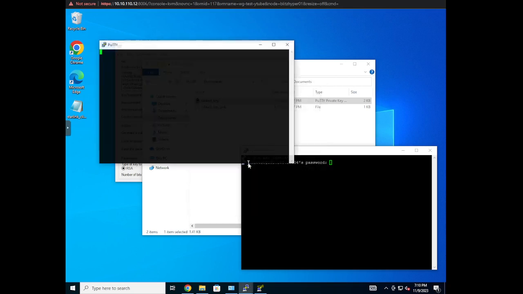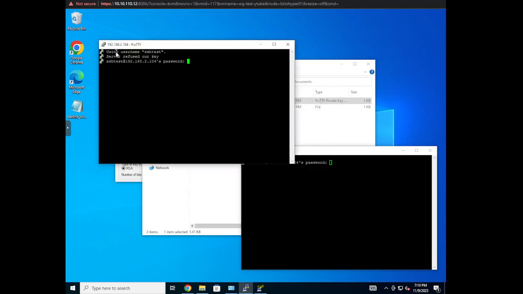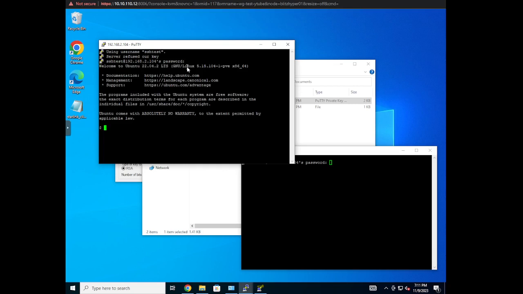So let's go ahead and open it here. As you can see, it used our username SSH test. Sorry, the server refused our key. Why? Because we haven't installed it yet. And I created a really bad password right now. I just called it password. All right. SSH test, perfect. So now that we're here, the first thing that we have to do is we have to